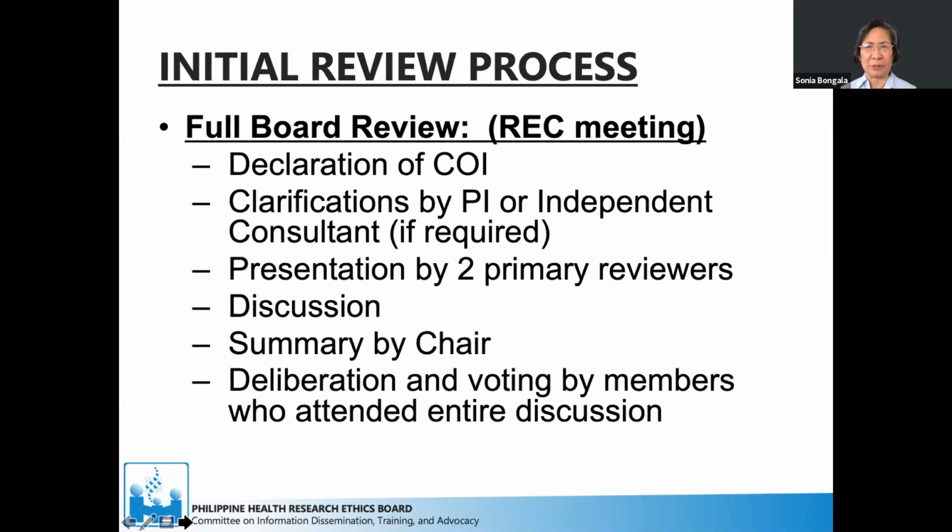And it's the primary reviewers who are responsible for leading the discussion and the presentation of the protocol. And the other members who have been given also a copy of the proposal, or sometimes the summary, will join in the discussion. If it is necessary and the PI is invited, then the PI or the researcher is asked to attend the meeting, and clarifications and questions are asked to facilitate the decision making